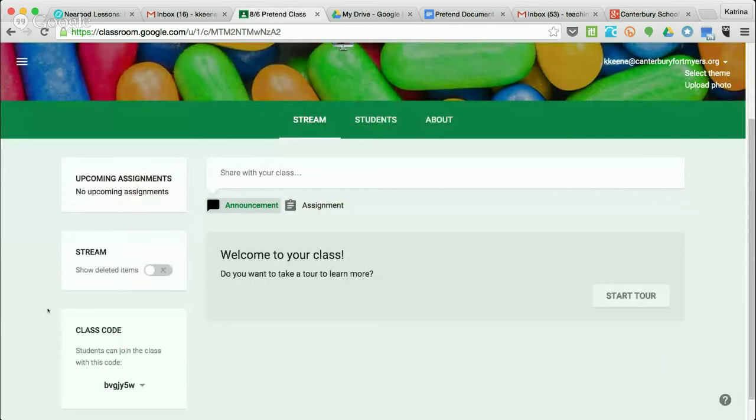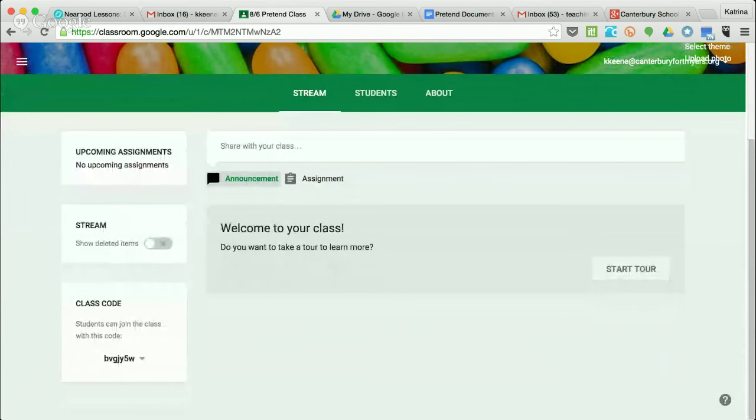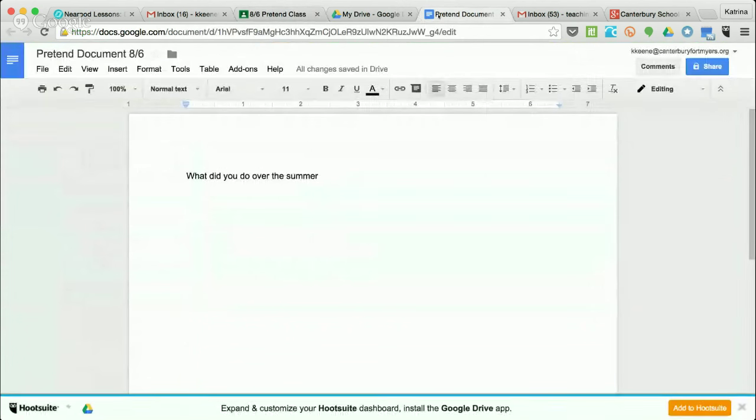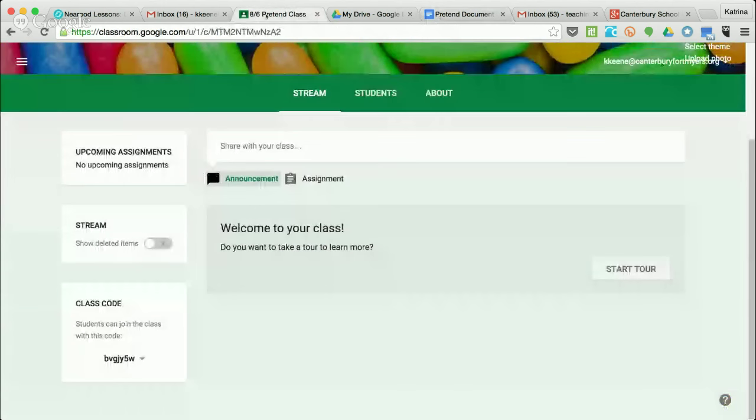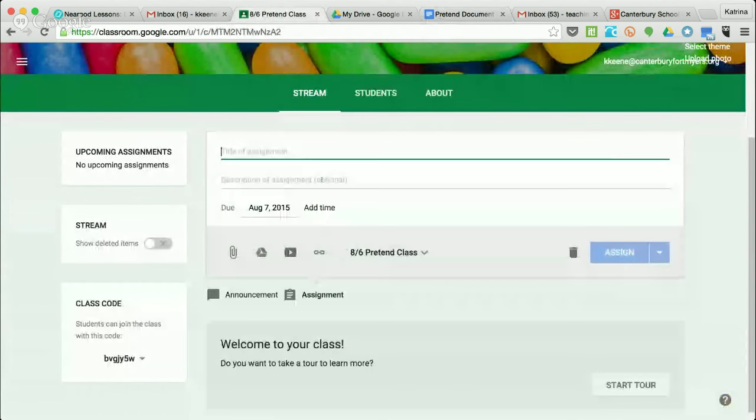So I told you that I would show you how to create an assignment, and we created that pretend assignment within, if you remember, within Google Docs. So I'm going to go back to my classroom, and I'm going to click on assignment. This is my pretend assignment